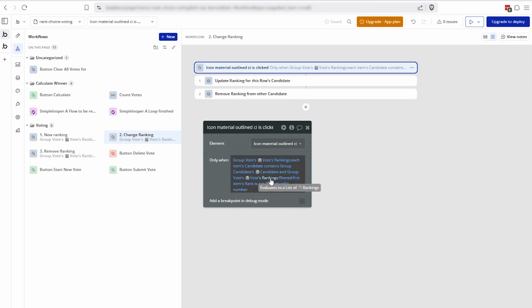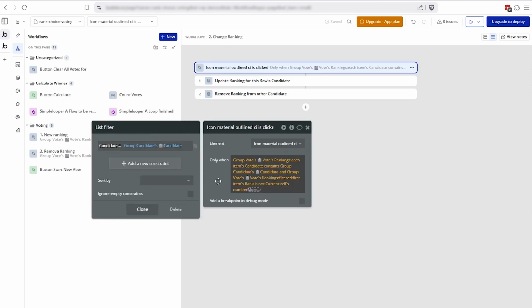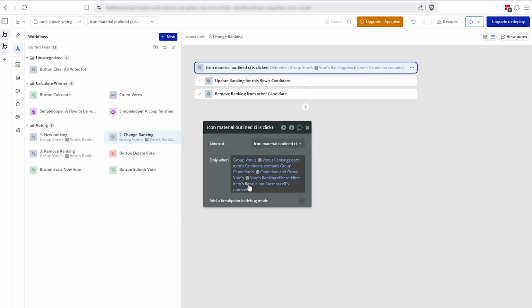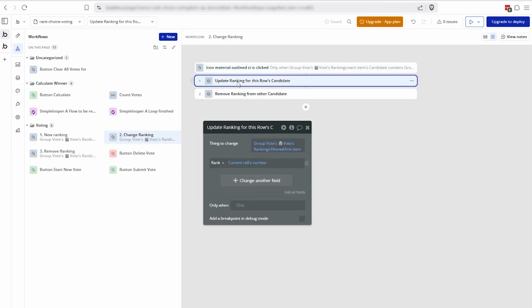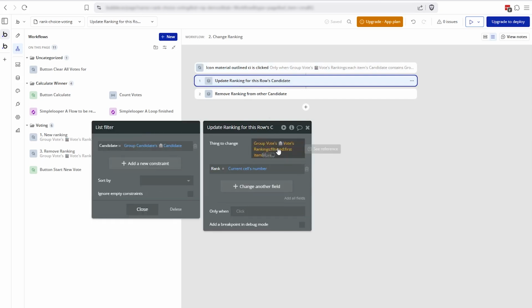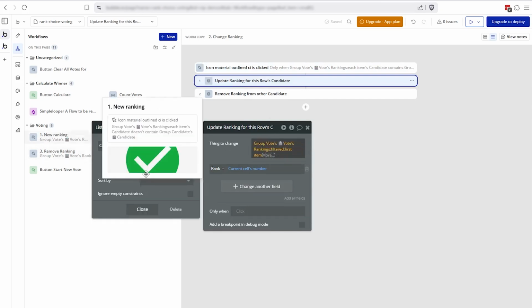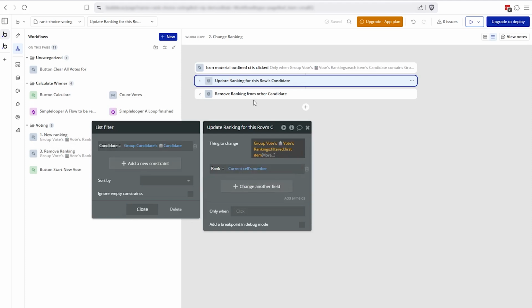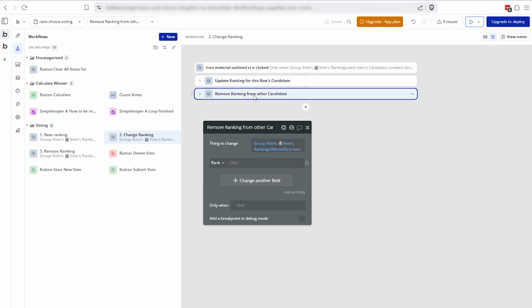So this is looking at our list of rankings for this candidate. There should only be 1. If that current rank value is not the same as the cell, then we know it's time to update the ranking for that candidate,